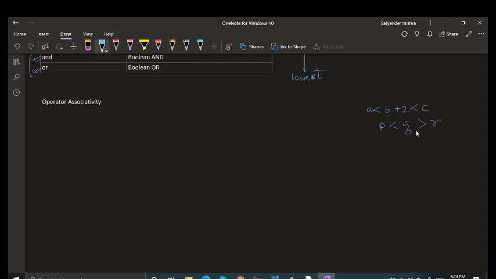The higher precedence will be evaluated first, and then it will execute everything. So in case of associativity, right?